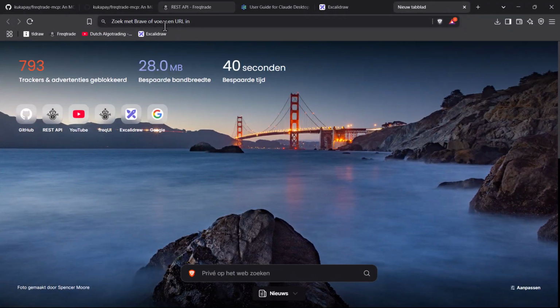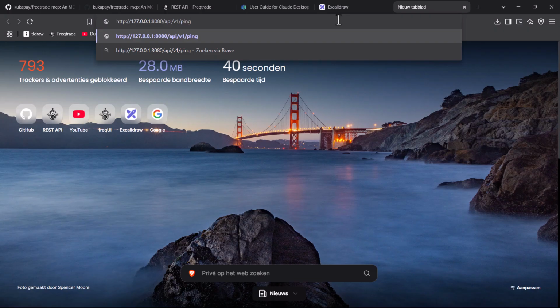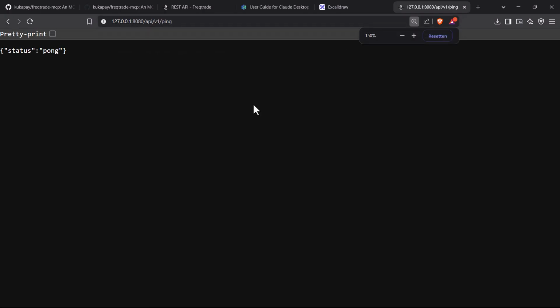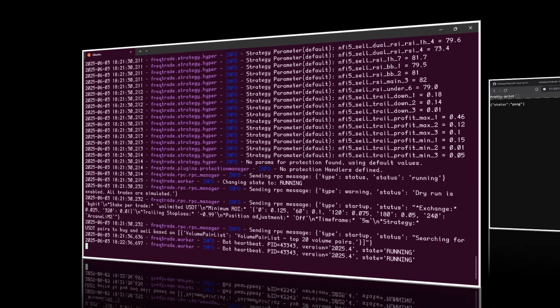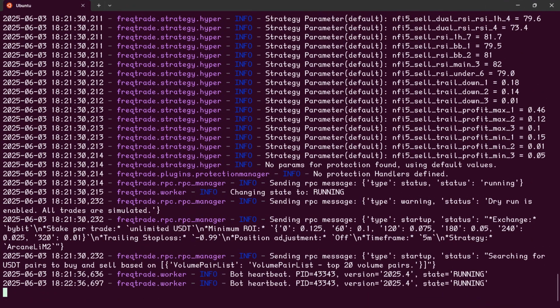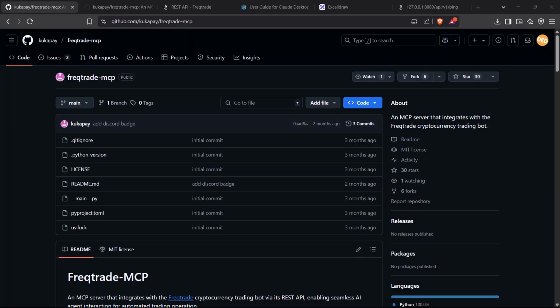If you see a Pong response, then you know that everything has been set up correctly from the Freqtrade site. This step is finished, so just let the bot run, and let's start with installation of the MCP server. First we have to go to the GitHub repository of the creator of the MCP server. In the readme file of the repo are all the instructions to install this MCP server on your system, so